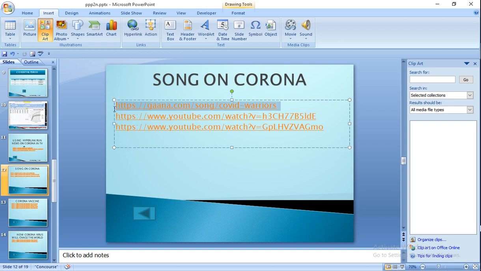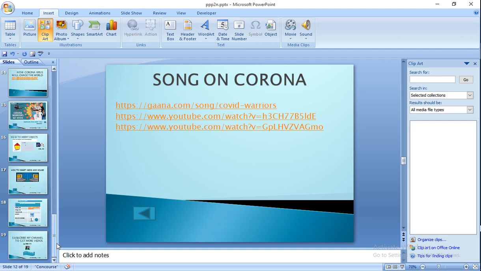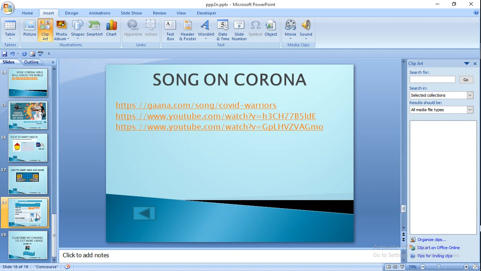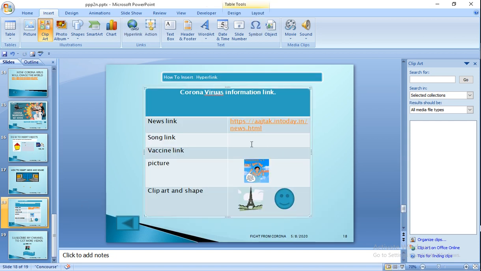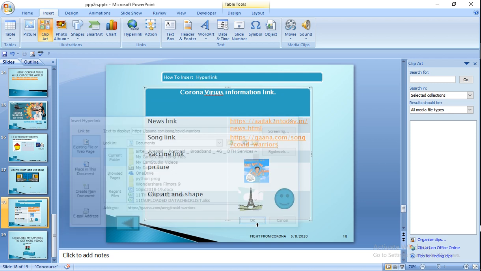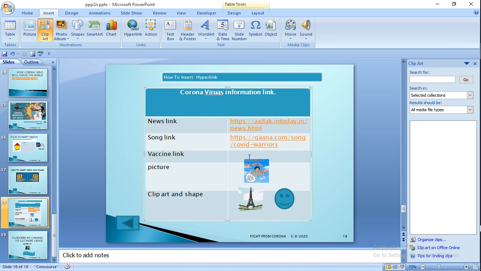So copy this link, Control C, and go the same way as you did in news. You come here and paste the song link, or come here, press here link and OK. Then you will get the link.